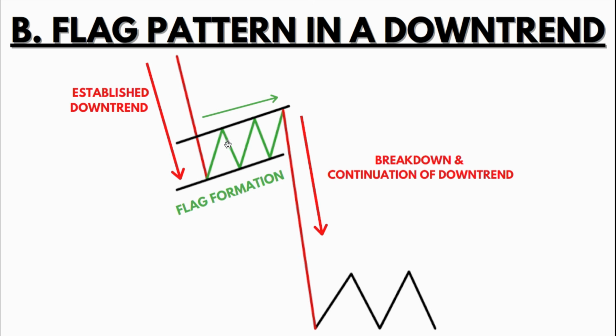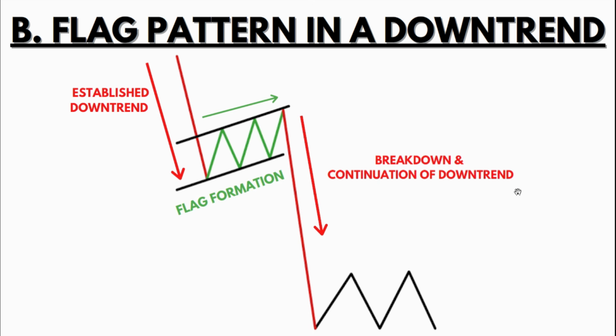So when the price goes up, as the trend is major towards the downtrend, the sellers will enter and push the price down again, and the fight between the buyers and the sellers will continue. And then as the trend is majorly towards the downside, the price will break the flag, and then the trend will continue towards the downside.